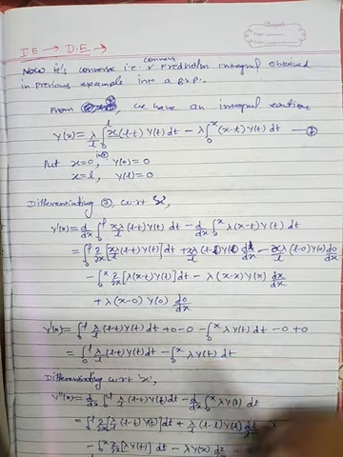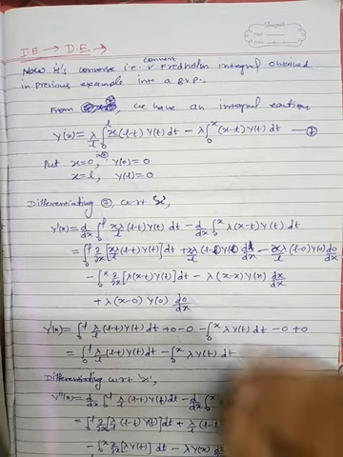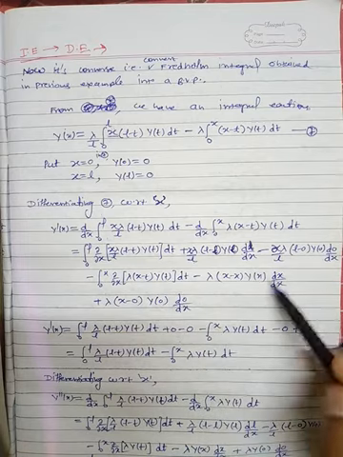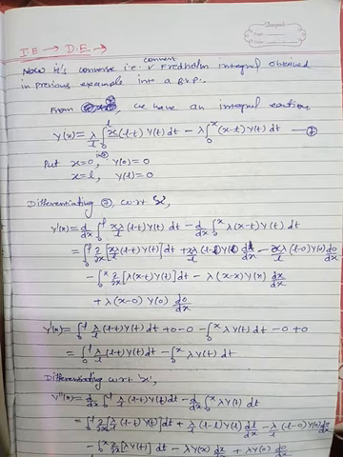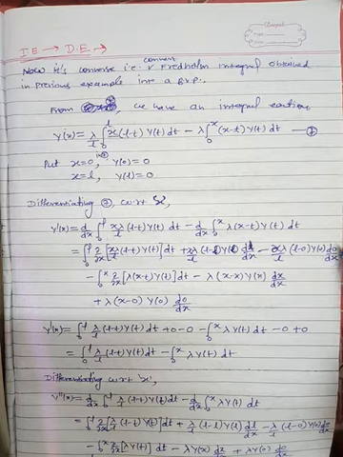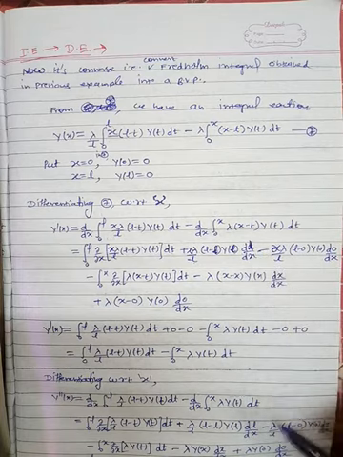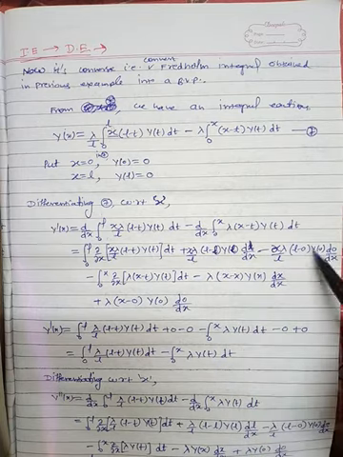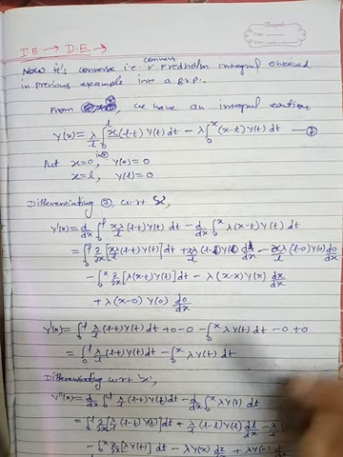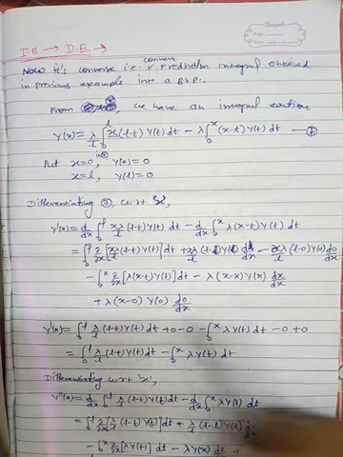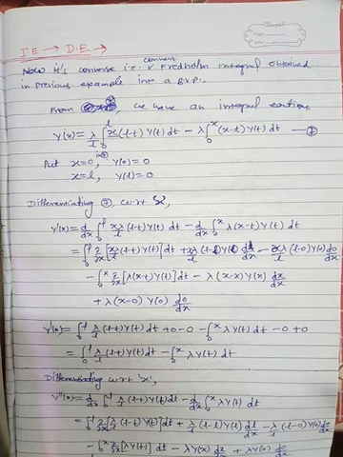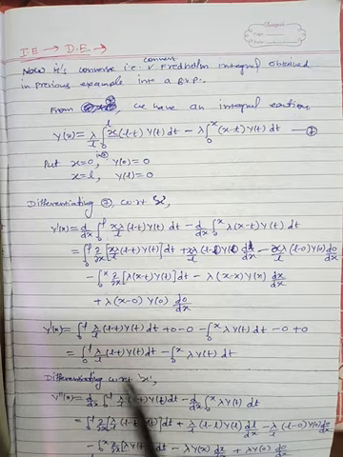After simplification you will see this will be 0 due to this factor, and this will be 0 because x minus x is 0, and here you are differentiating 0 with respect to x, so this will be 0. This is also 0 because L is a constant. So this will be 0, this will be 0, this will be 0, this will be 0. The only remaining terms are this integral and this integral. So there are two integrals.